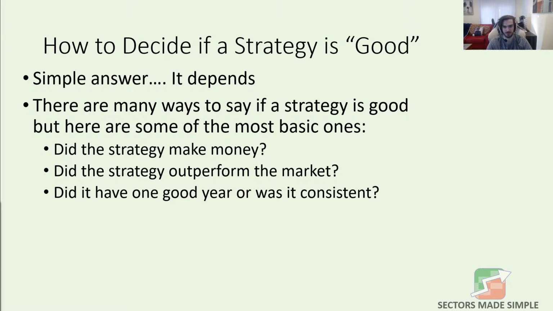Then another question to ask is, did it just have one good year, or was it consistent? Was this strategy something that did very well and just kind of went up and up and up and up? Yeah, this is the right direction. Up and up and up. Or did it have one really good year and then went into the toilet and kind of has been going